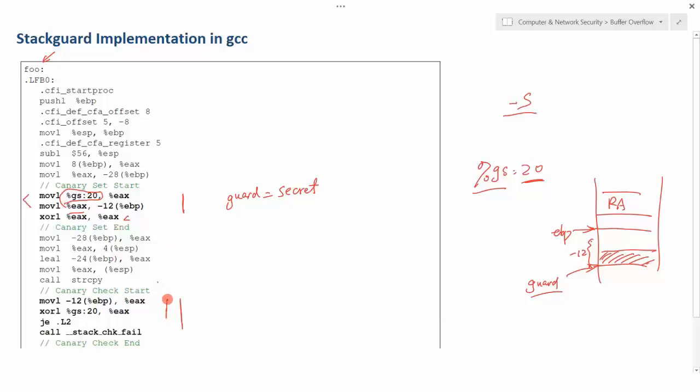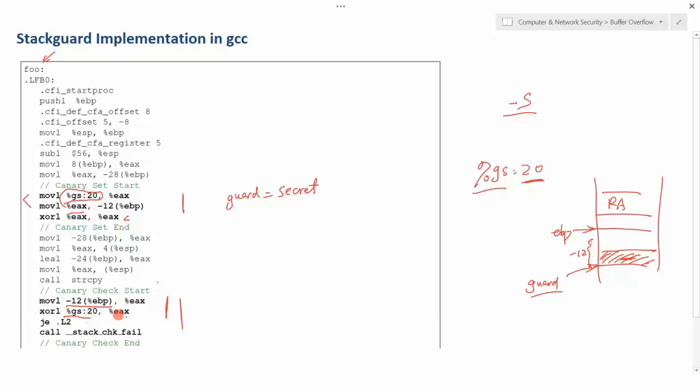Before the return, you can see it moves that value, and they call it the canary. Okay? So in the stack guard, it's called a canary. And so it moves that value at -12 to EAX again. Basically, move this into the EAX register.